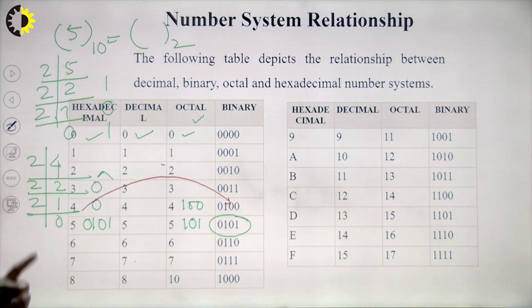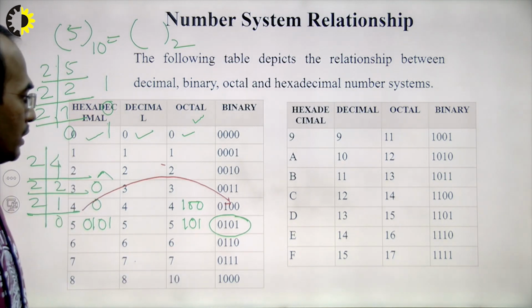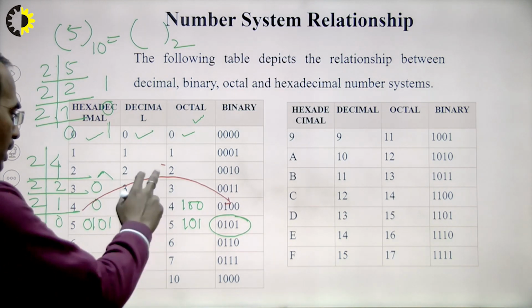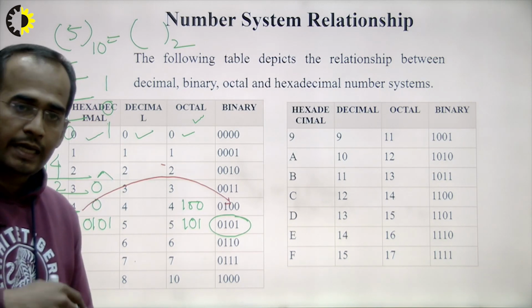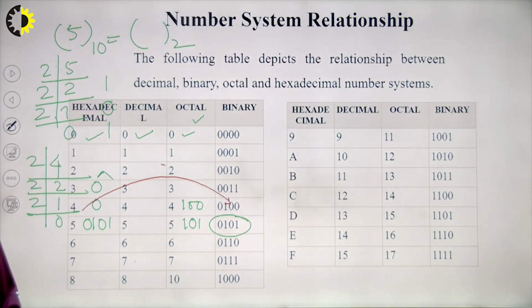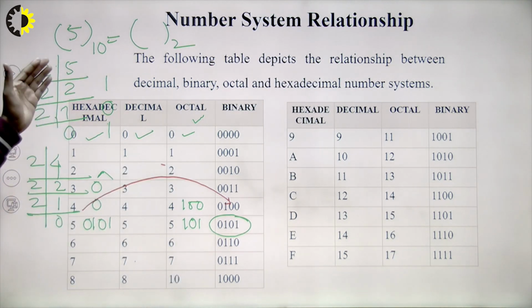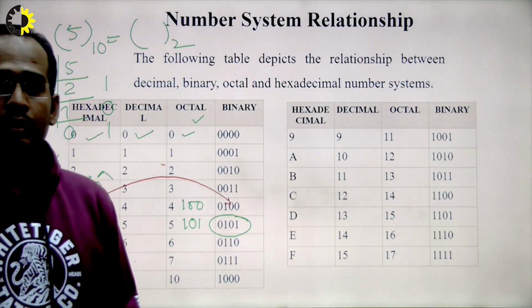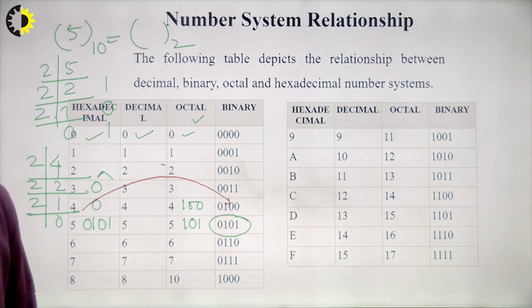Similarly, this is right till 7 for octal and hexadecimal number system. For hexadecimal and decimal number system, this is right from 0 to F, or 0 to 15. But in octal number system, the numbers will vary from 0 to 7 and it will again start at 8, you will start from 10. So, you will increase from 10 to 17. So, in octal number system we can convert by following the same procedure, but if I want to convert this binary number system into the hexadecimal number system, then how will I convert?